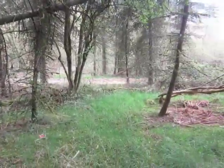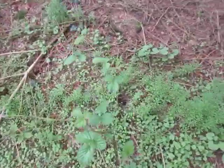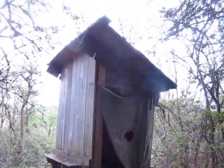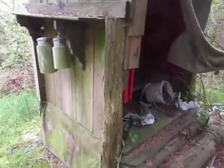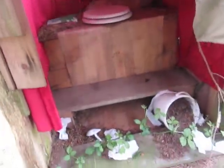Now we're coming up on the path going to our pasture. We have lots of weeds here. So some animal went in there into this cute little outhouse that they built with so much charm. Apparently, recently, got into their toilet paper. My cat loves it in here, but I don't think she would do that. I don't know if you can tell, but there's velvet with moss. Like it's somehow insulated. I don't know. And there's like a triangular window,